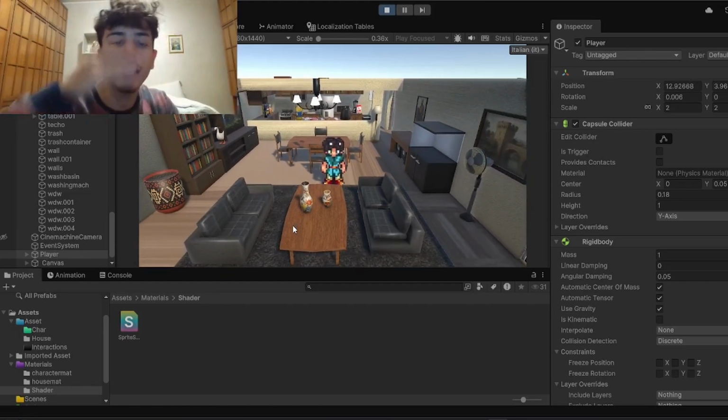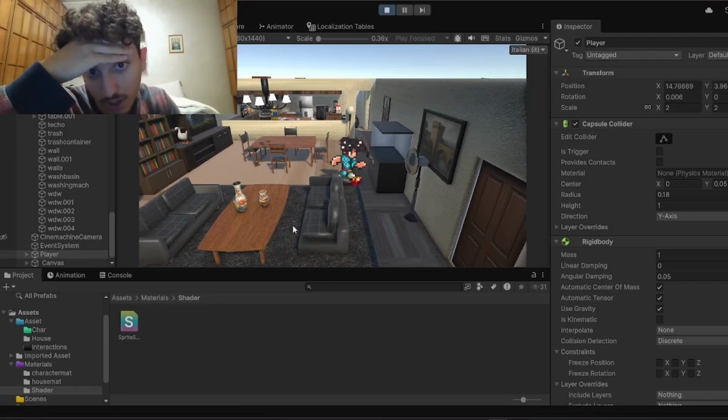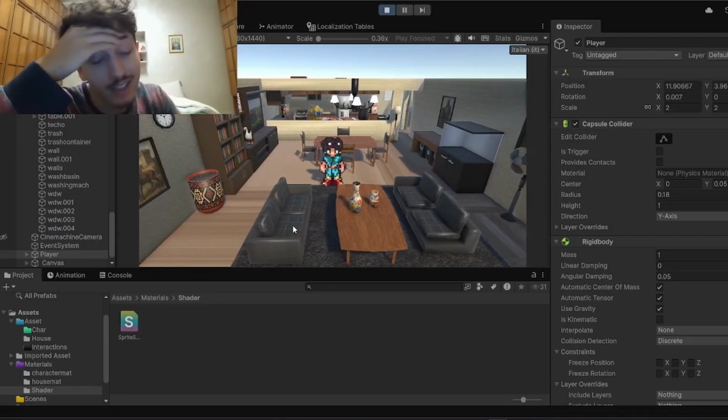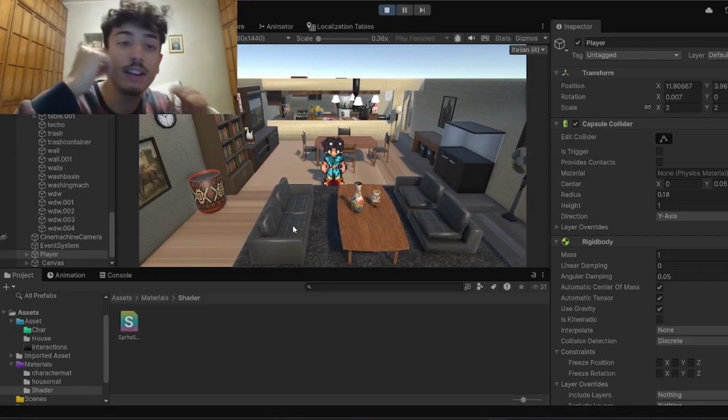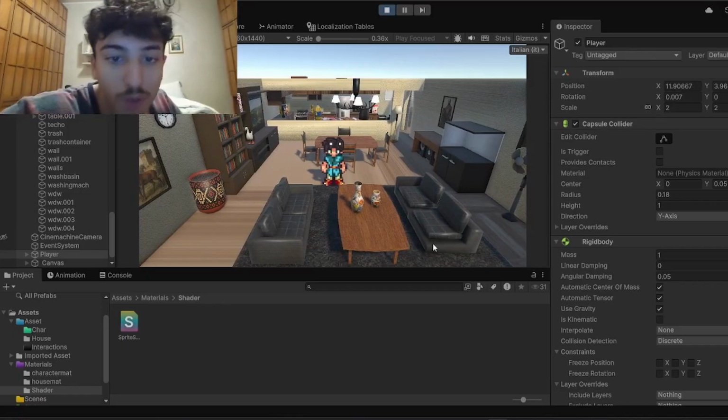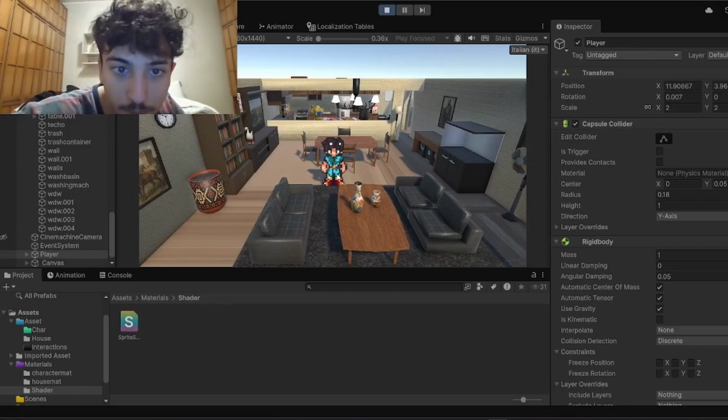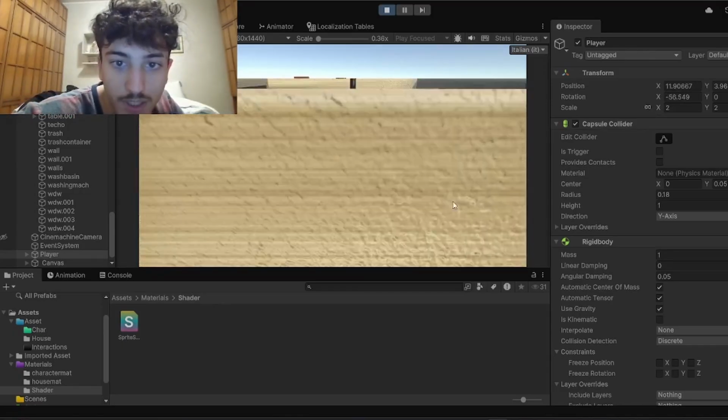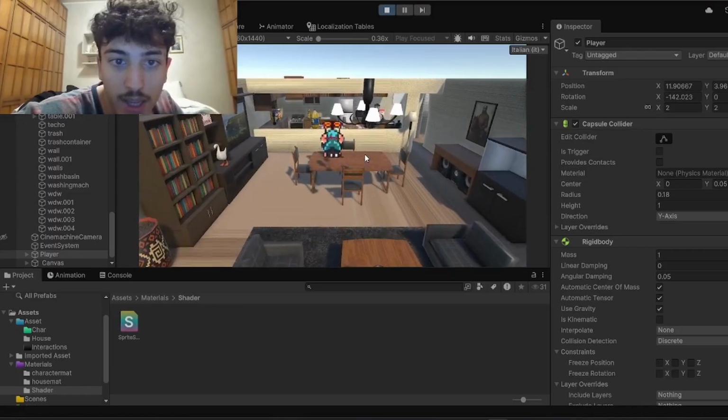And actually, creating the collider from zero is pretty boring, guys, because it's a really big waste of time. Because for every object in the scene, okay, for this sofa and